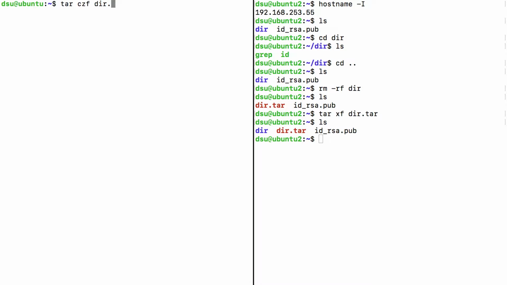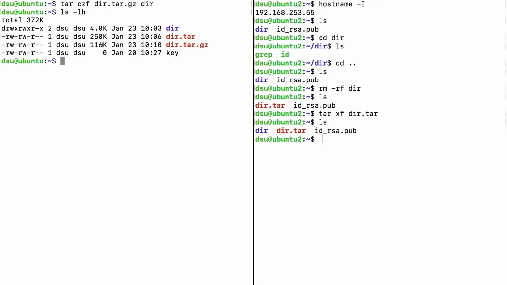So normally you would say tar and then whatever compression you're using, and then we'd say dir. Let's look at this again. ls -lh. So we can see we actually pretty much halved the size of that. And I could go through and give a lot bigger examples, but this is pretty much good enough for this basic thing. So let's say I need to copy a huge directory of thousands of files of some arbitrary size apiece. We definitely want to compress that first